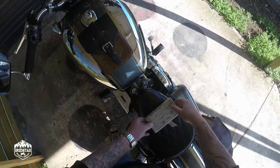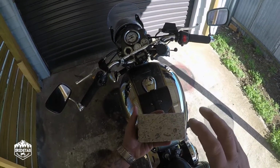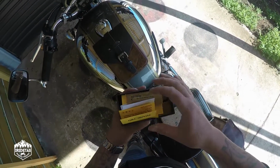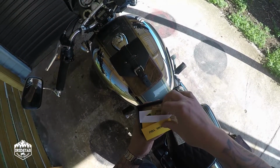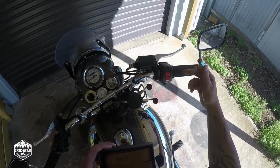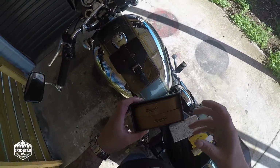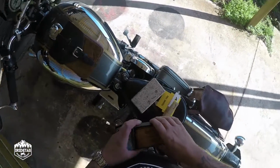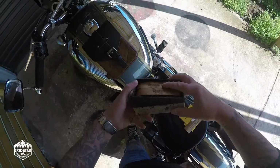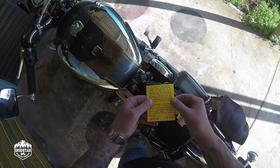This is Doug, and today it should be a pretty easy install, and I'm going to put the Tripmachine leather grips on the bike. So this is a wrap that goes around your standard plastic grips to give it yet again a more period look. So in the box, which is really cool packaging actually, you get a thank you from the CEO,